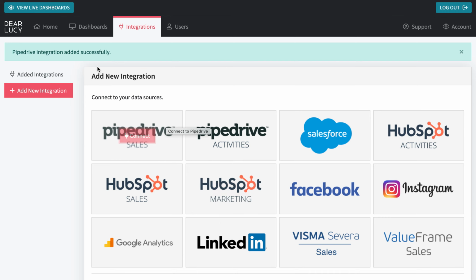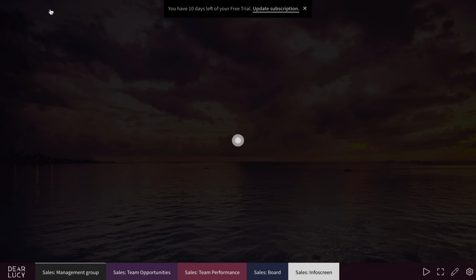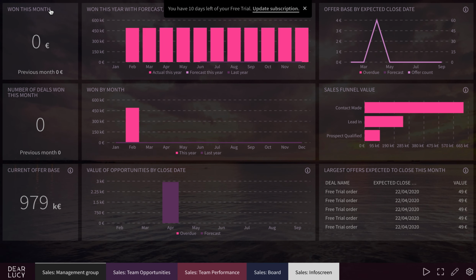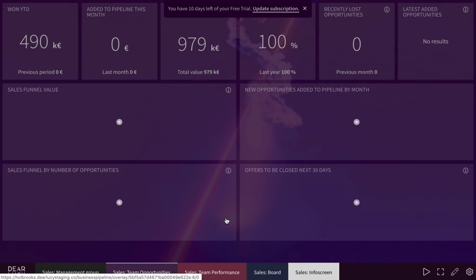We get a notification here that the Pipedrive integration was added successfully, and we can check here as well in added integrations that it's up and running and has been synced. So the first thing I want to do now is, of course, to check out my dashboards. And here we go. All of it seems to be working. We have data in our charts, and we have 5 sales